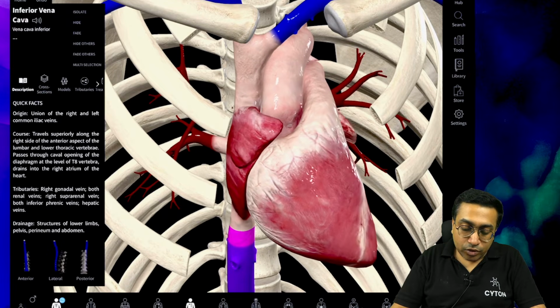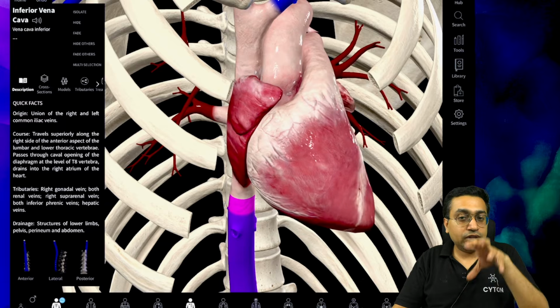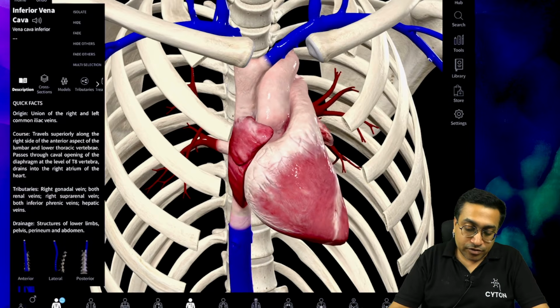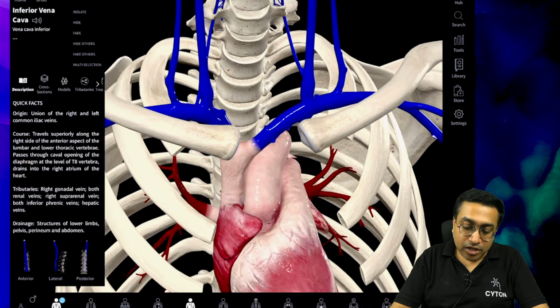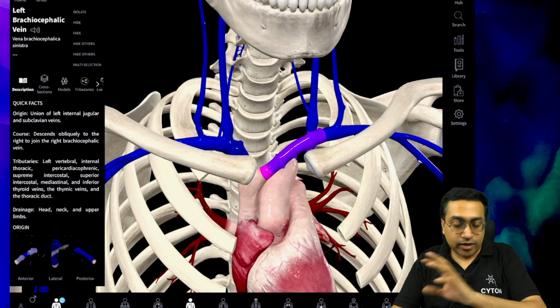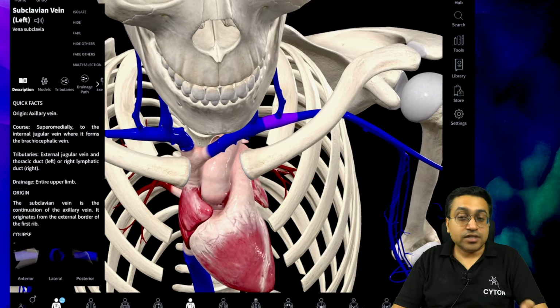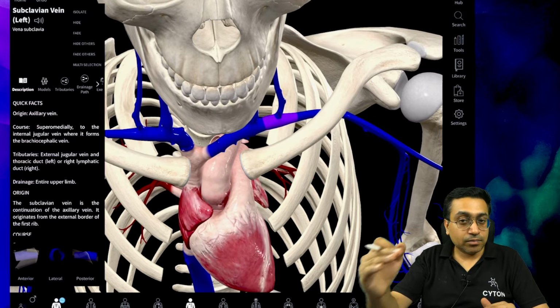And here below you can see the inferior vena cava, which we discussed initially, that these two were draining into the main chambers, that is the right atrium. Now you see the names very carefully. This is the brachiocephalic vein. All right, so now the names will follow the same, that is the subclavian vein along with the subclavian artery.